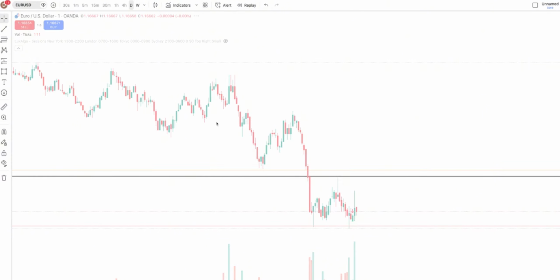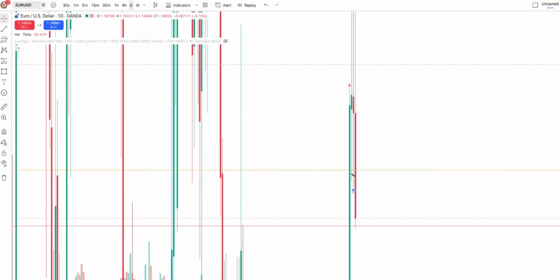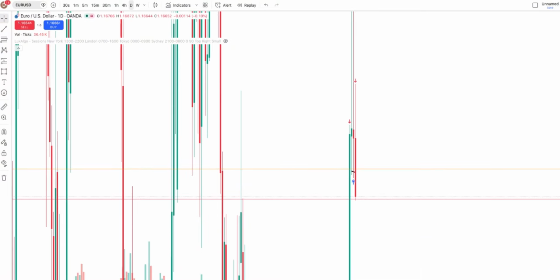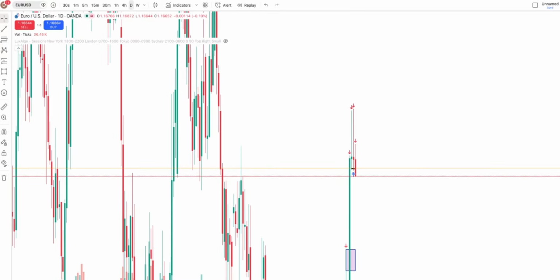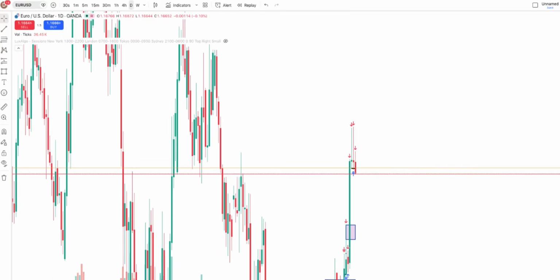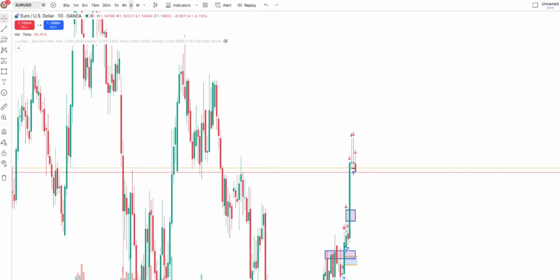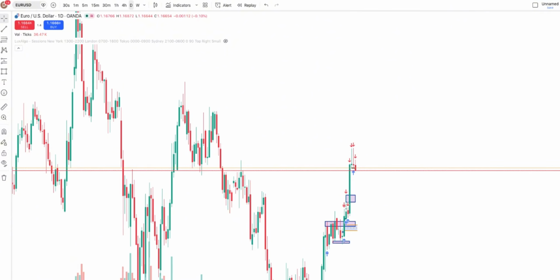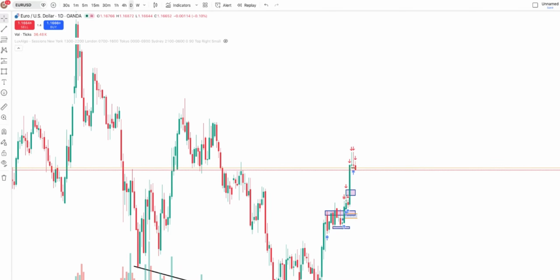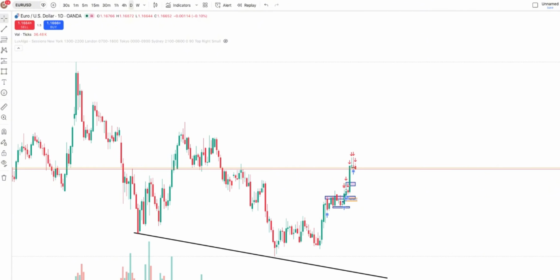That's where you should first do your analysis from. The higher time frame, the bigger picture, the better. So when you look at the higher time frame, the daily, you would see this is a downtrend, and